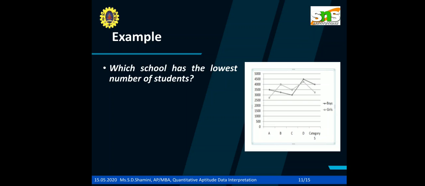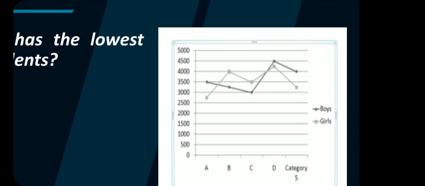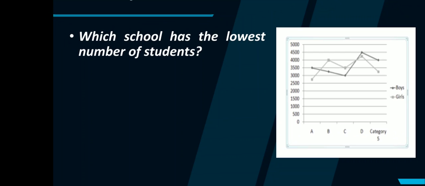Which school has the lowest number of students? So we have A, B, C, D, like schools. These are the 4 schools, and the bold line depicts the boys, whereas the thinner gray line depicts the number of girl students in the school. Now our question is to find which school has the lowest number of students. So for this,